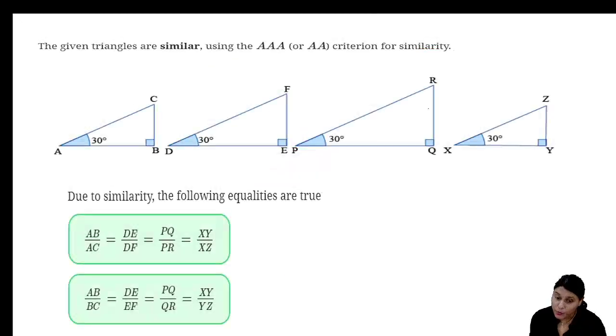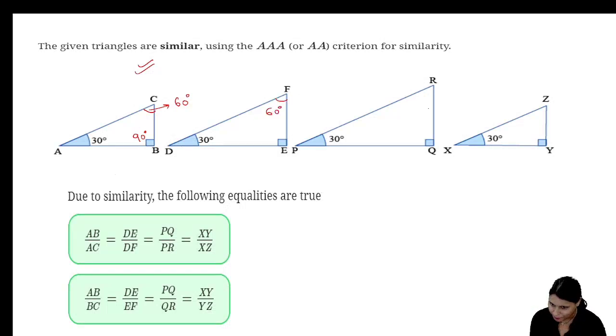Now here we can observe four triangles. The given triangles are similar. Let's see how. According to the property of triangles, the sum of all the angles of a triangle is 180 degrees. We can see here that the angles are 90 degrees and 30 degrees. So according to this property, this angle will be equal to 60 degrees in all the triangles. So as per AAA, that is the angle criterion, we can say that all the four triangles are